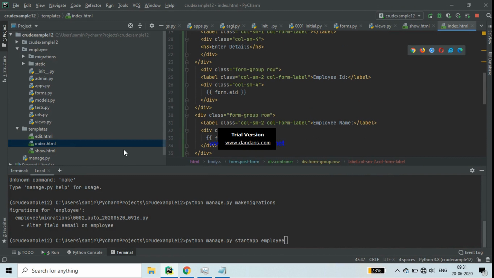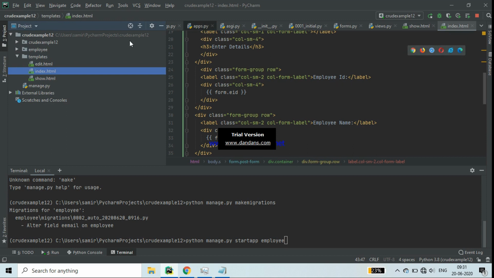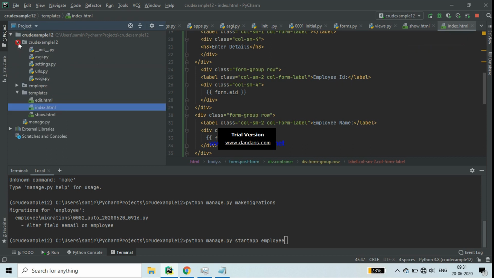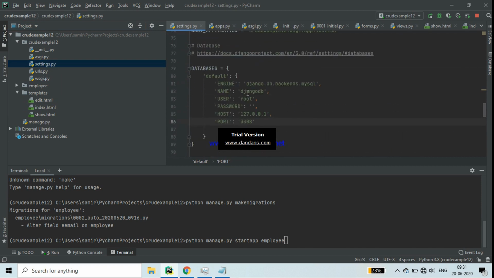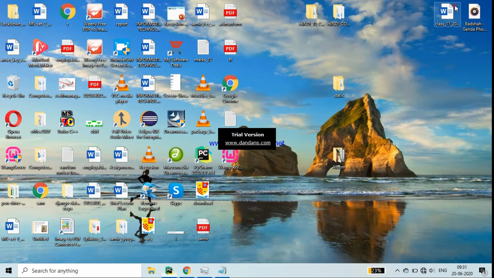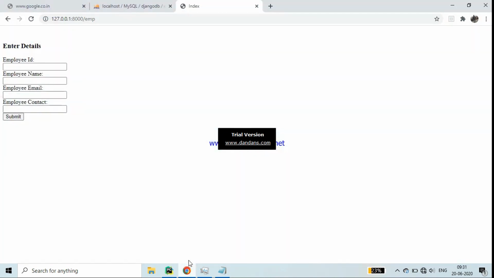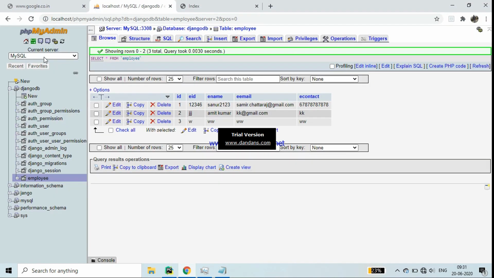Now as you know, since we are connecting with the database, the first thing we have to do is make a database in MySQL. Like here you see in settings, I have given the database name DjangoDB. So obviously I have created one database called DjangoDB, like see here.